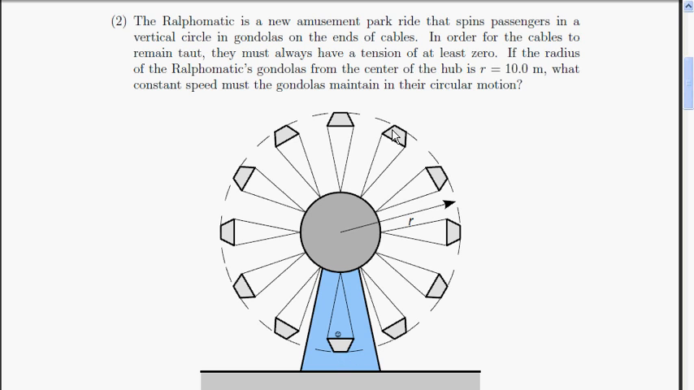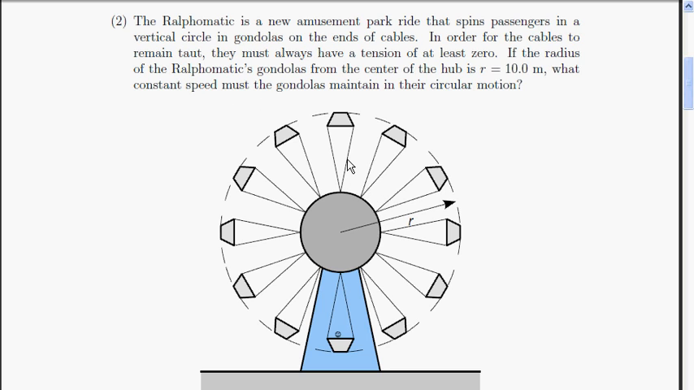So what happens is this thing spins these gondolas around in a circle. These are cables here, and they're kept stretched taut by the spinning of the gondola. So what we need to do is calculate the minimum speed at which this thing could be spinning and still keep the cables taut all the way around, because they have to have a tension of at least 0. So 0 is sort of the minimum tension they can have before, if they try to get negative tension, they'll just go slack. So the radius here is 10 meters, and so this is actually